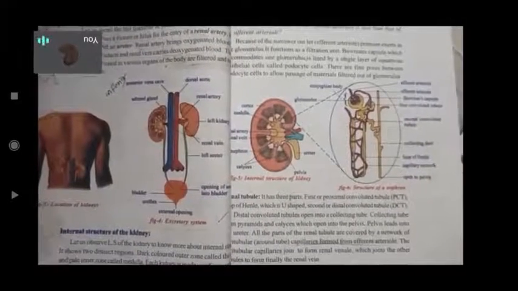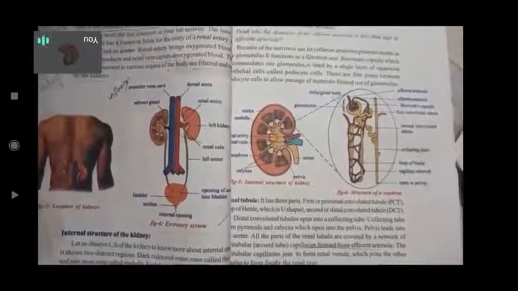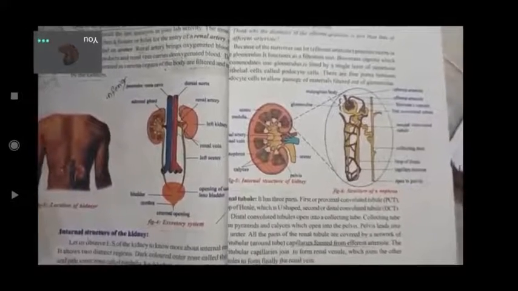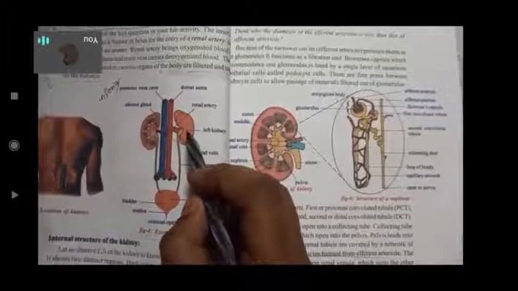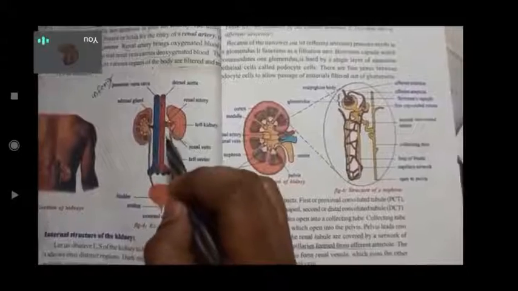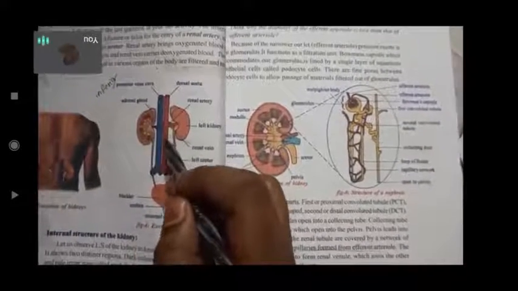The posterior vena cava has two branches, left and right. Coming to the right branch, there is a posterior one and an anterior one. Anterior is the front side, posterior is the back side. Here also anterior is the front side, posterior is the back side. Like that, the renal veins will have their branches.